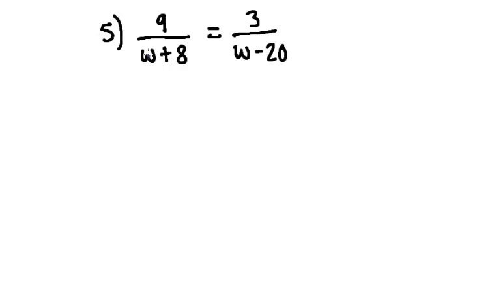So in this case, I have two terms in one denominator, and I also have two terms in another denominator. So what do I do? Same process. You pass the denominators to multiply, but because they have two terms, they're going to be in parentheses. Yes? All things that have more than one term, you're going to have to put in parentheses when you multiply them. So I'm going to have 9 times the w minus 20